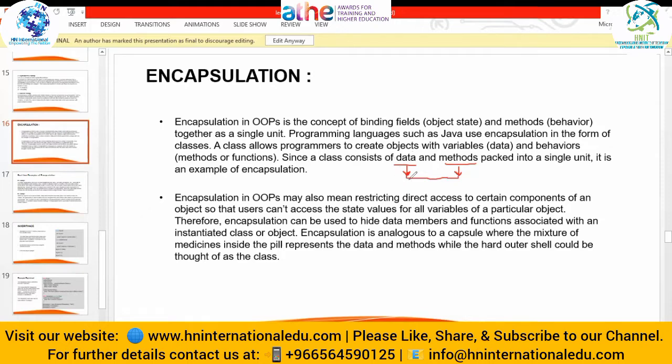When two things are interlinked, and methods can't be performed without data, and without method, data is of no use, they both need to be in one place. That is called encapsulation. They are packed, interlinked, bound with one another. Encapsulation in OOP may also mean restricting direct access to certain components of an object,